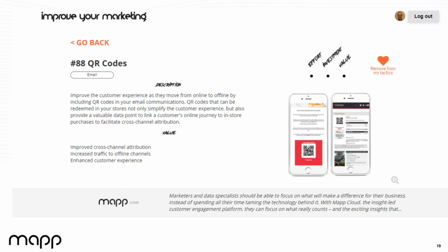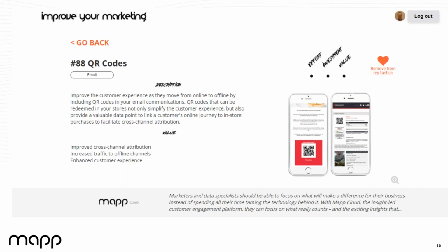And if you're a different kind of business, if you're a hotel chain with an attached restaurant, you could do something very similar. Hand guests that are checking in a QR code to be redeemed at the restaurant for a discount or something like that. And not only is it really going to help that customer stickiness and help your customers identify more with your brand, but it's really also going to help your data, because this really improves your cross-channel campaign attribution and helps you get a better understanding of how different channels can feed off and contribute to each other for a completely